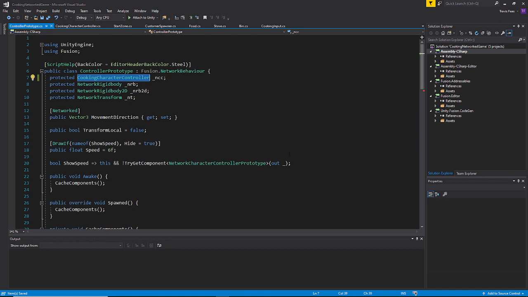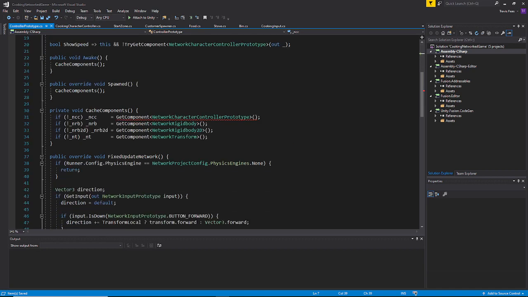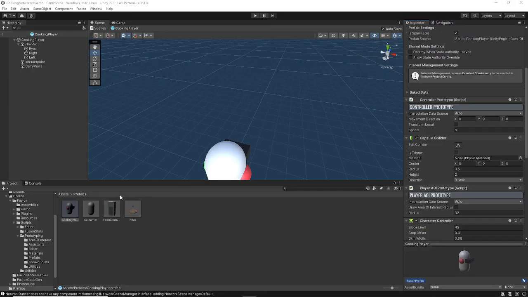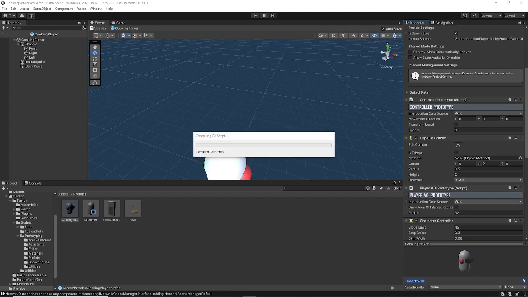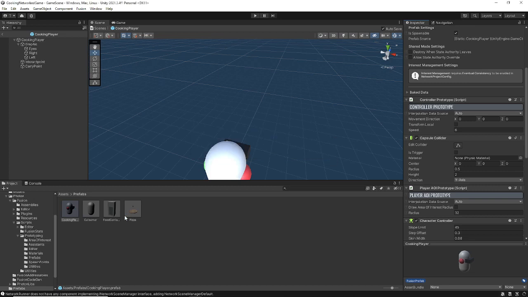We're going to replace it there. And there's one other place that it must be replaced, and that's down on line 31. This get component has to be replaced with cooking character controller as well. Both of those are inside of controller prototype. The script is attached to the cooking player prefab. And once we do that,